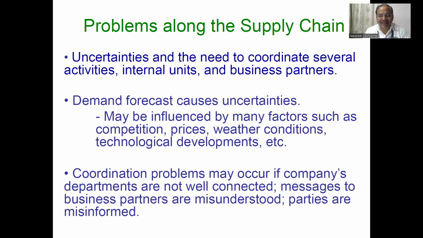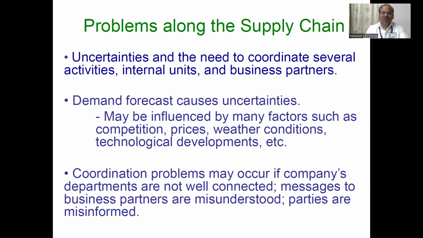And now one can ask whether this happens seamlessly all the time. Probably no. The real answer is that there are problems along the way which supply chain management professionals have to undertake. There could be uncertainties and the need to coordinate several activities, internal units, and business partners. One of the most essential things, if you were to ask me, would be demand forecasting, because in order to handle these uncertainties, the more accurate your demand forecasting is, the more leverage it will give to the production units and finance units to support and build in